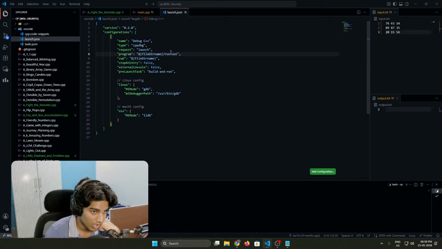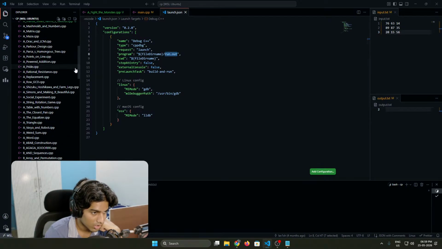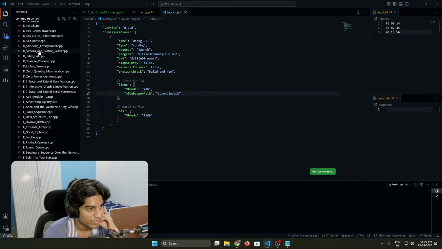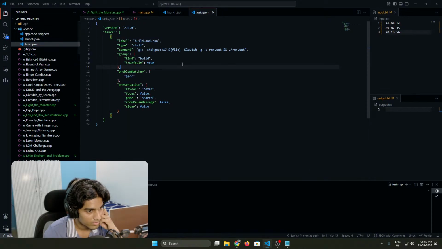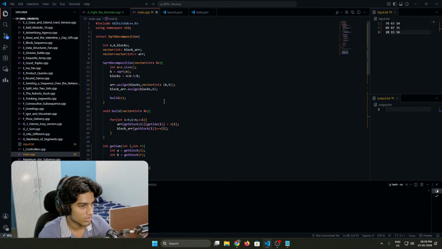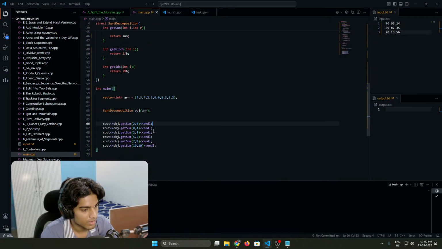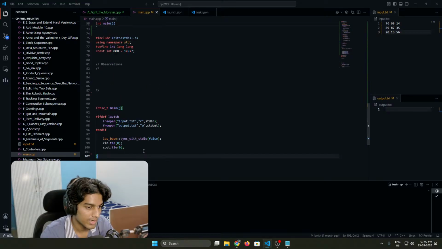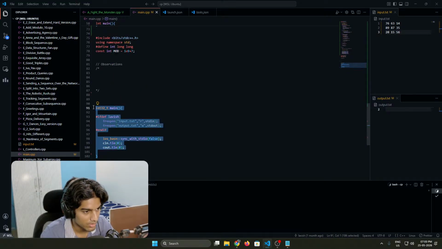Build and run goes to run dot out. Run dot out, but it's not taking input output. So this is fine. Run dot out. Is there any issue with it? Is there any issue like with me not using